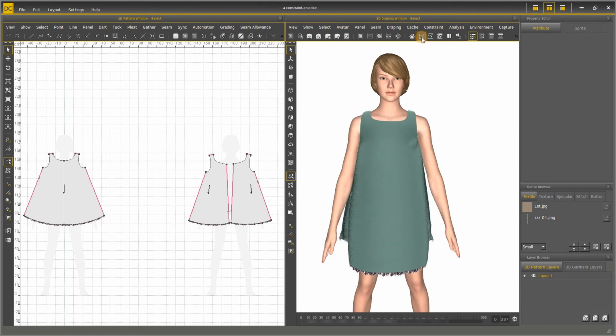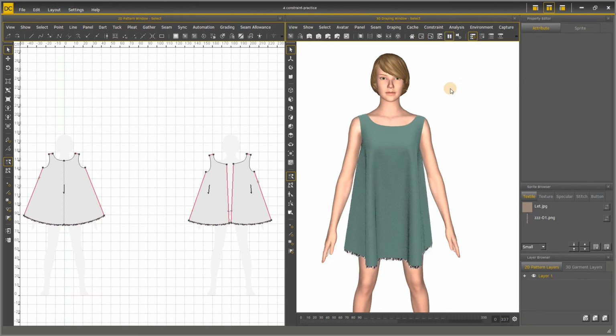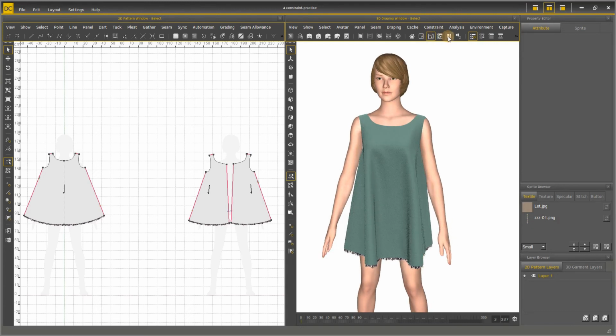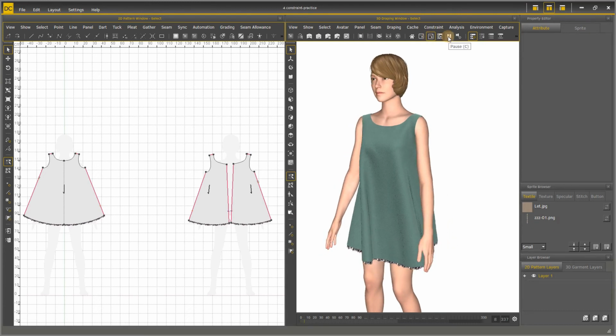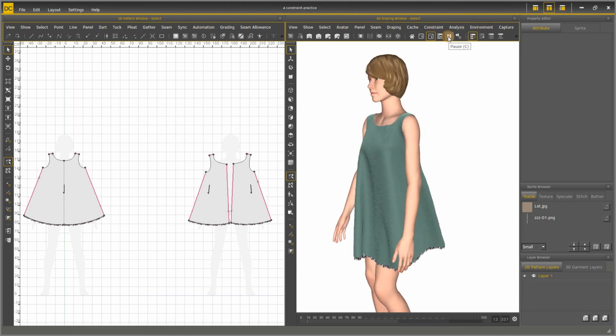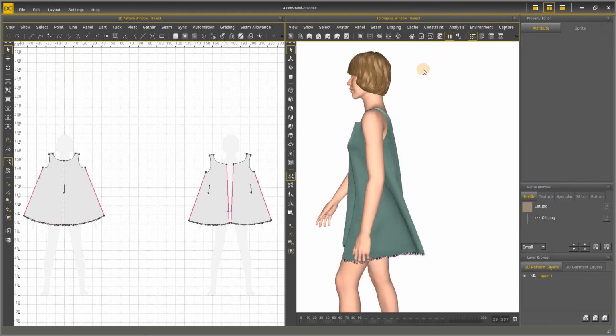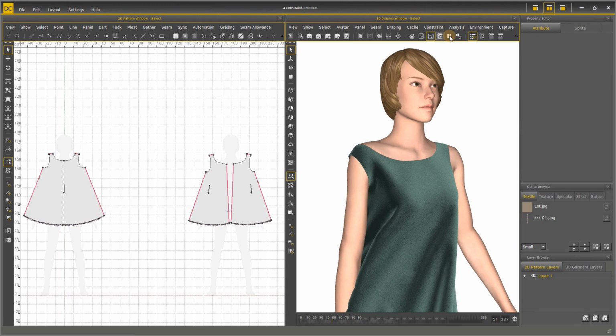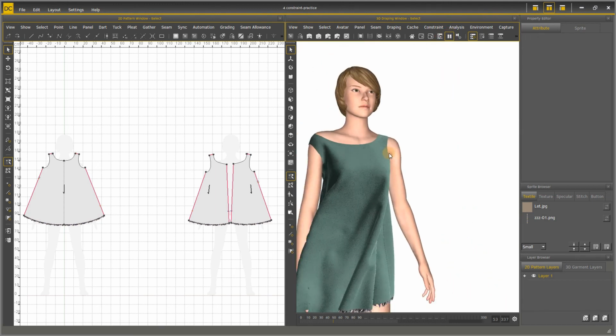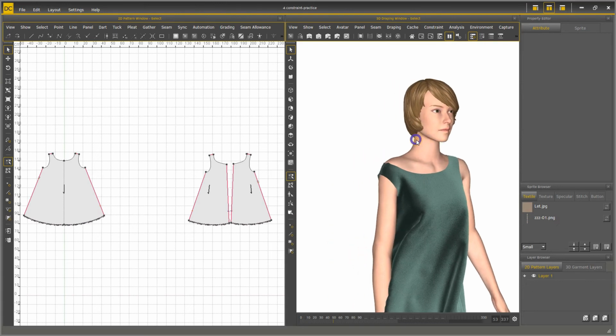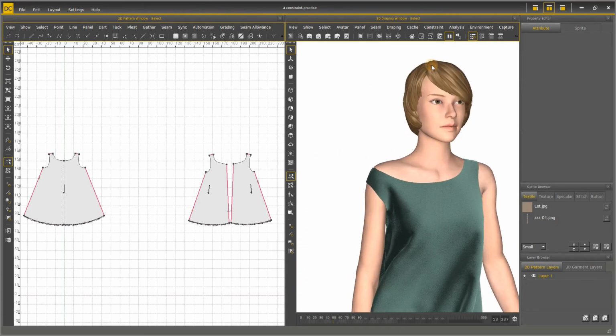First, we can simulate this dress in static play. And the garment is dressed well. But when we click dynamic play to do the catwalk, the dress will fall from one shoulder. After clicking pause to stop the dynamic simulation, we can use static play to simulate again in this pose.